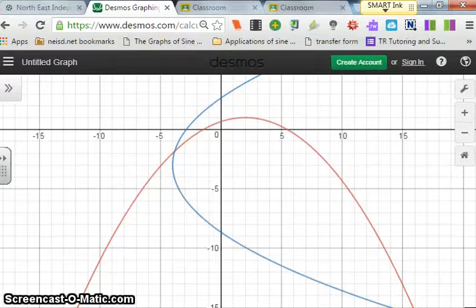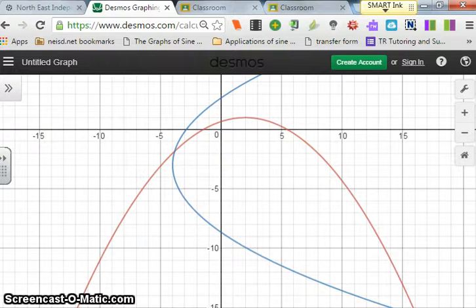And let's say that c is 1. So if I go 1 unit, then if I double 1, I get 2. 1, 2. Did I land on the parabola? No. So let's try c value of 2. So 1, 2. Double that is 4. 1, 2, 3, 4. So that's not the c value. Let's try 3 units. So double 3 is 6. 1, 2, 3, 4, 5, 6. So right there,